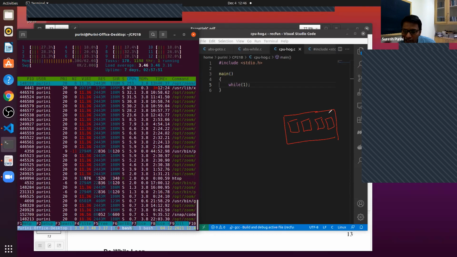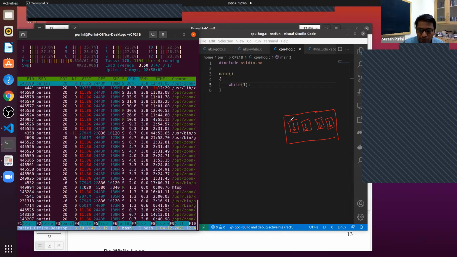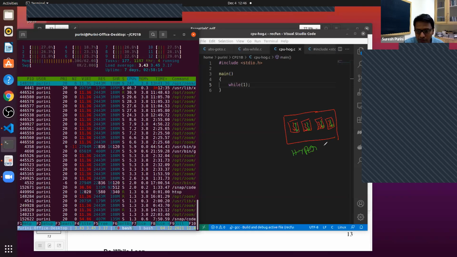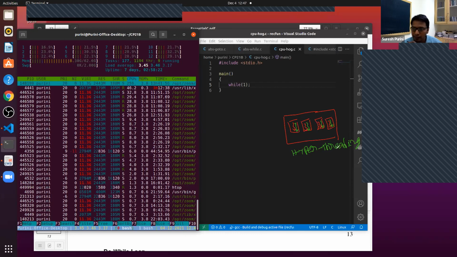Quad core means it has 4 cores, and 4 threads can execute in parallel. 1 thread here, 1 thread here. And there is what is called hyper-threading. Because of hyper-threading, 1 core will look like 2 cores. So really speaking, my machine has 6 cores, but because of hyper-threading, it looks as if I have 12 cores.